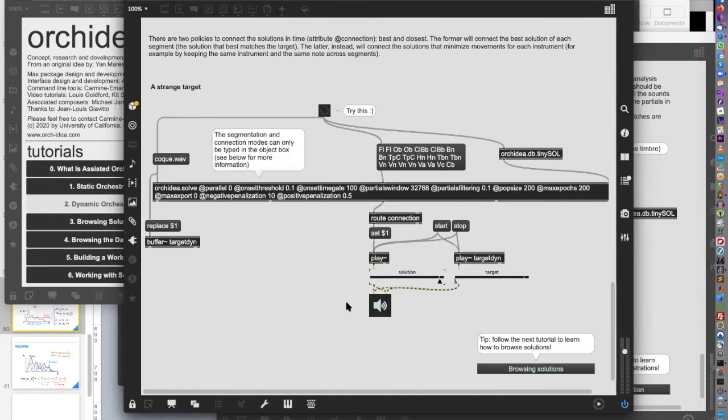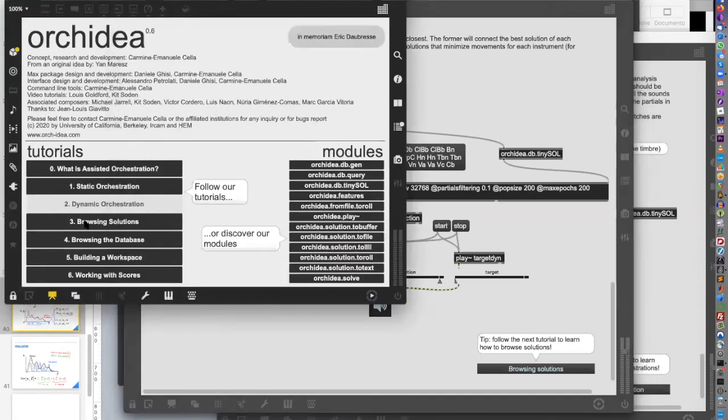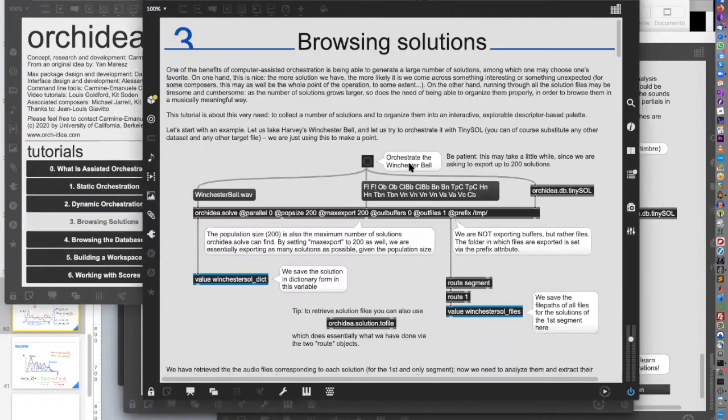Now, before we go to the standalone, I want to show you a couple of things more. One is the third tutorial about how you browse the solutions. Because as you may remember, Orchidea generates a bunch of solutions per target. So we put in place a way to browse these solutions in an efficient way, even for dynamic solutions. It will take a little bit of time, but I think it makes sense for me to show you this. Then I want to show you a couple of things more on the Max toolbox,